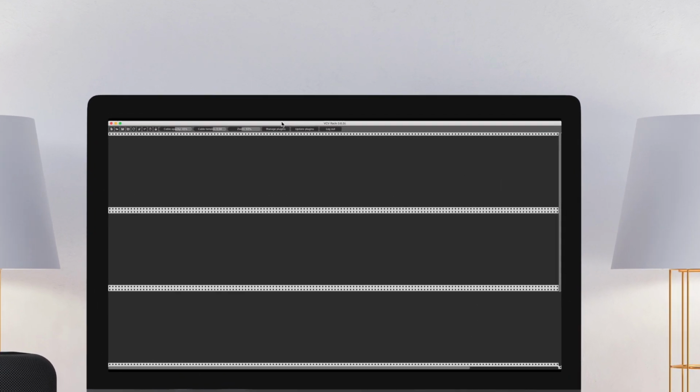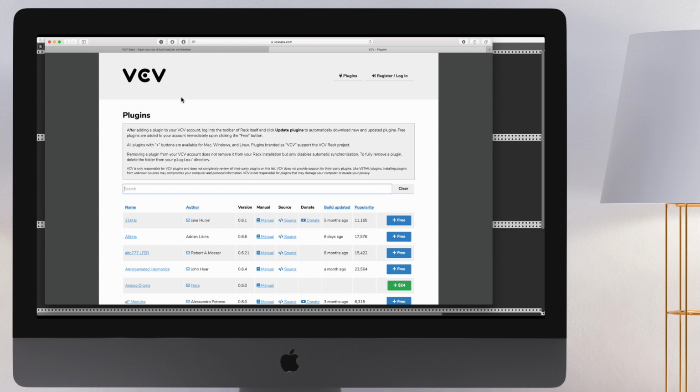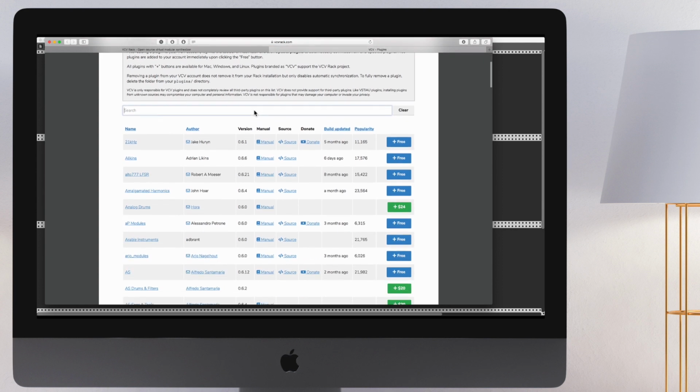Let's now talk about the add-on plugins that you have access to with VCV Rack. So you can see over here in the top bar, we have manage plugins, update plugins, and log out. So essentially, you can access additional plugins if you are logged into your account. So if I click on manage plugins here, we go to this page on our web browser and we have access to all these